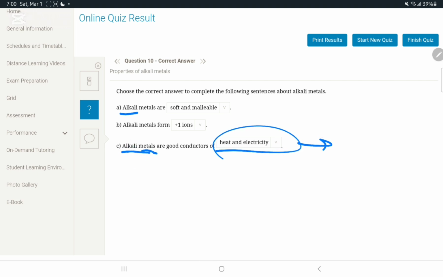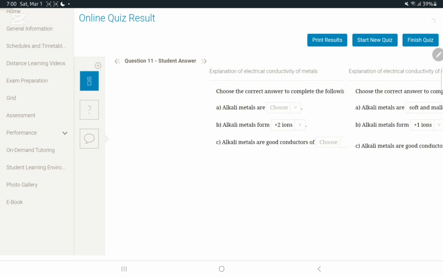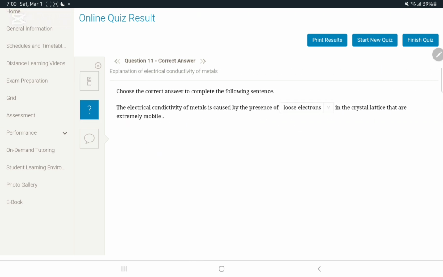as they are metals. It's right there in the name. Heat and electricity, they're metals, are conductors. These are natural properties. Electrical conductivity of metals is caused by the presence of loose electrons in the crystal lattice that are extremely mobile. So, when we say conductivity,